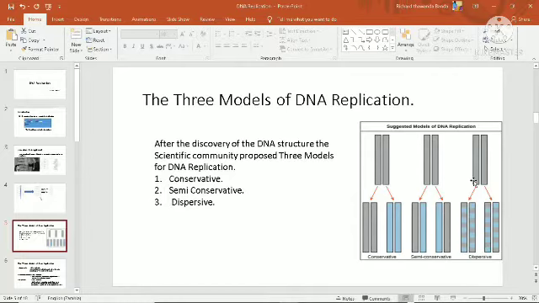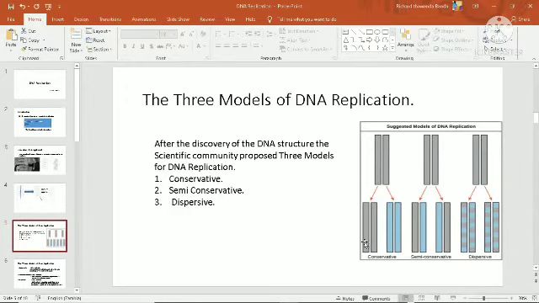Kindly just explain again on the dispersive. So in the dispersive, you have this strand. This is the original DNA molecule. So after replicating, the dispersive suggested that after replication, you would have a hybrid strand, if you compare the conservative and the semi-conservative, where you have in the conservative